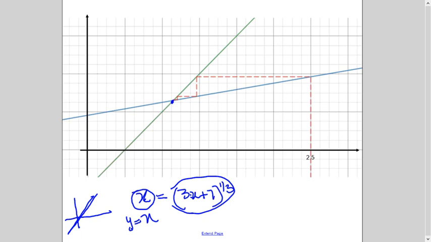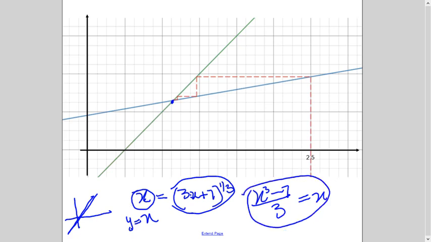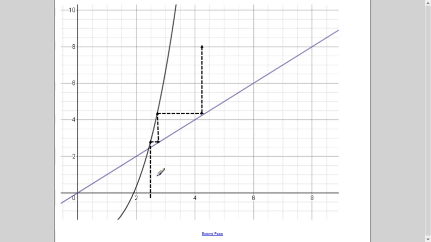And in our second sequence, which was x cube minus 7 divided by 3 equals x, this sequence was divergent. So let's see the graph here. When I substituted the value here, this black one is basically y equals x, and this is y equals x cube minus 7 divided by 3. So when I substituted the value in this one, 2.5, right, I got the answer.